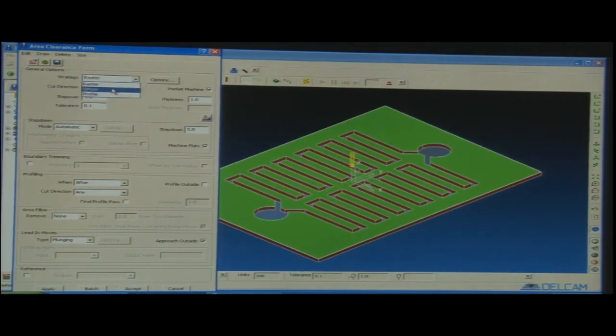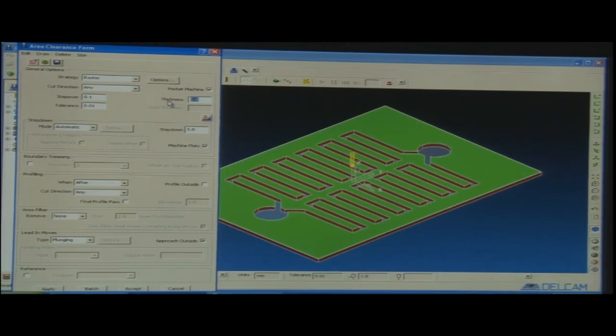See, there are 3 options: raster, offset and profile. We have to clear the area in various ways. This is the area that is to be cleared. Now, how would it clear the area? There are certain modes for the raster that can be selected. In raster, one thing that matters is MRR, material removal rate, that is, how fast we can remove the material, while keeping it fast and also maintaining the quality.